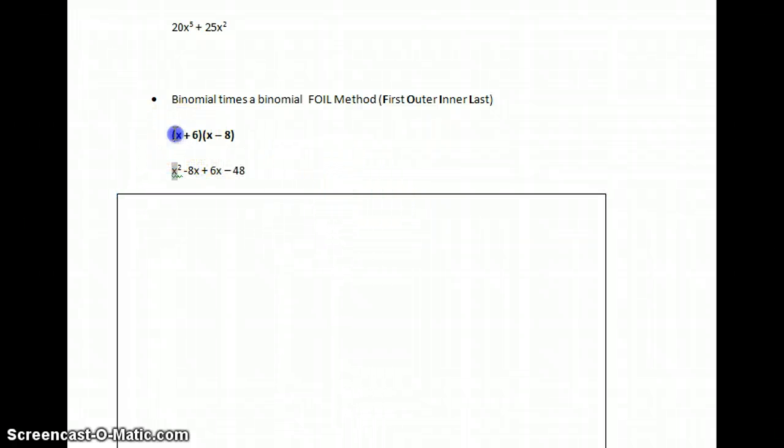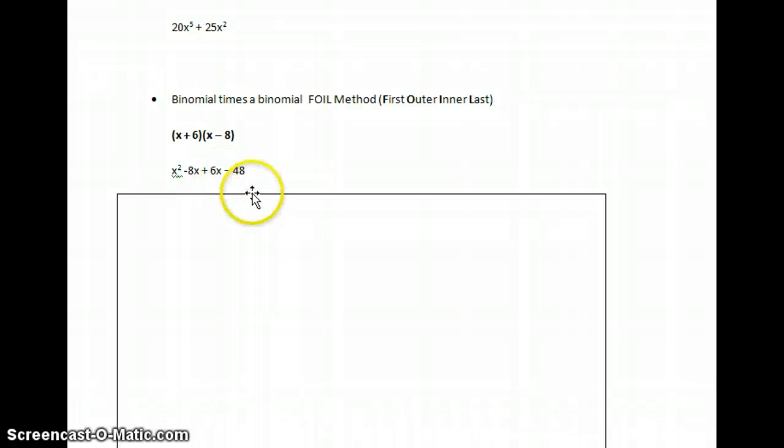My outer numbers are x and minus 8. So x times minus 8 gives me minus 8x. Now we do our inner terms, which are 6 times x, giving me 6x. And then our last terms, which typically are just the numbers, we have plus 6 times minus 8, giving me